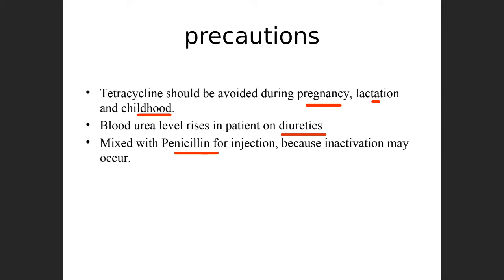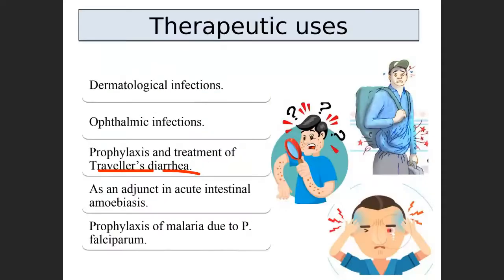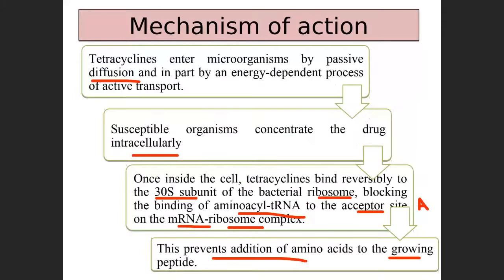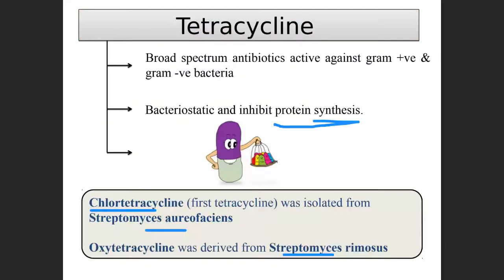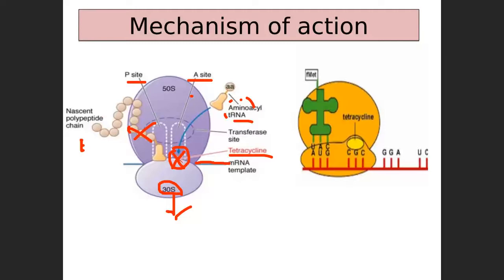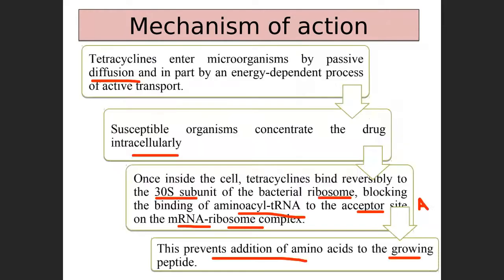So this is about tetracyclines. Tetracyclines are responsible for inhibition of protein synthesis within the bacteria, and they are bacteriostatic in nature. They are also classified according to their half-lives: short acting, intermediate acting, long acting. And this is the mechanism by which they inhibit protein synthesis, by binding to the 30S subunit of the bacterial